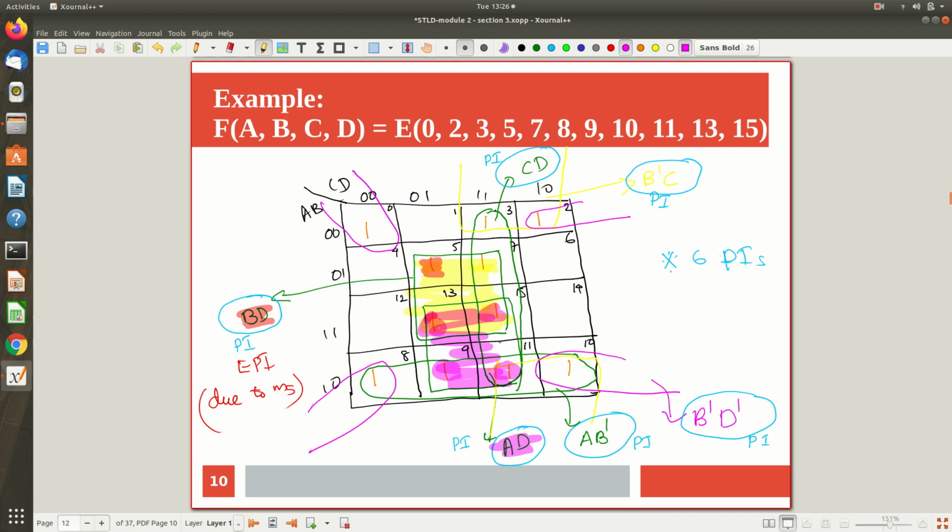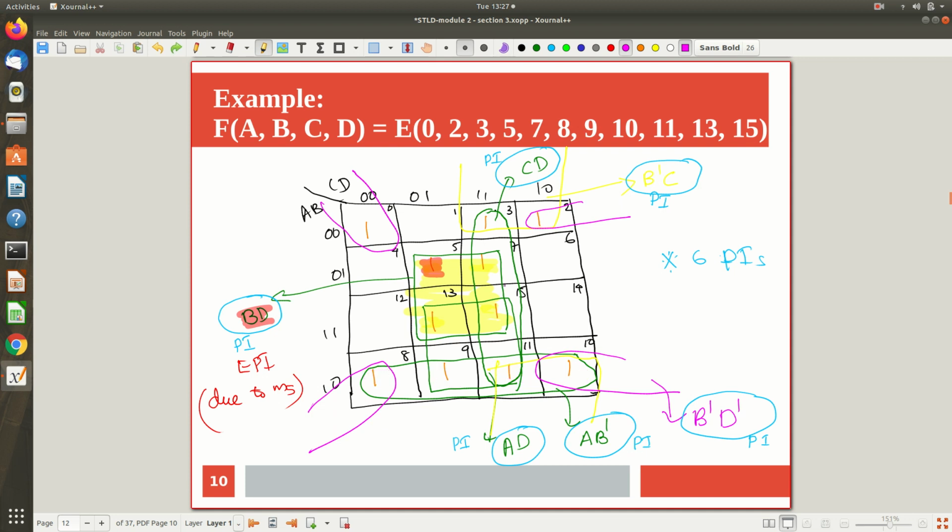This is also part of not more than one group. So that AD is also not essential. So AD is not an essential prime implicant. Now what remains? Now this AB dash, sorry, which is A B dash, this horizontal one. This one is part of two groupings, you can see. This one is part of two groupings. This one is part of 1, 2, 3 groupings. This one is part of two groupings. So nobody is making this A B dash